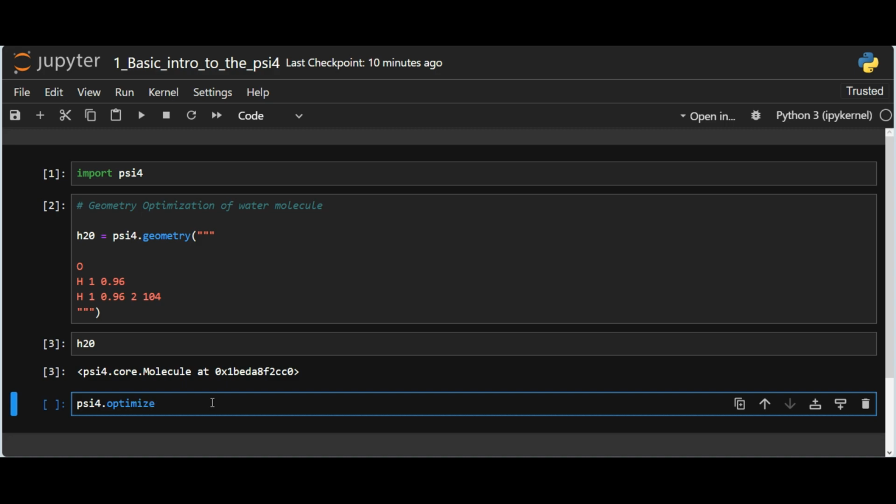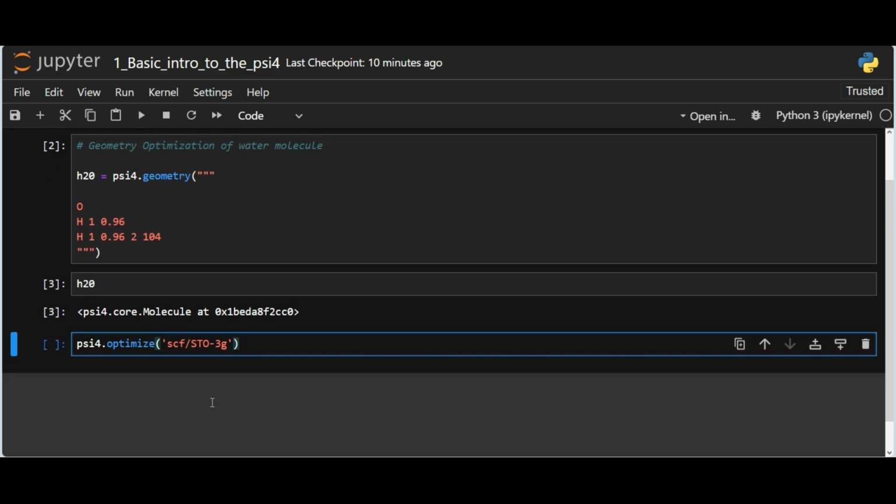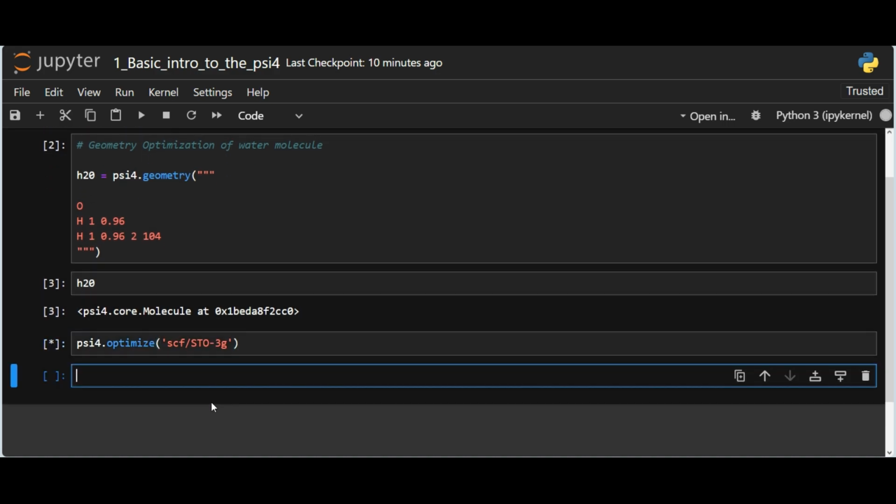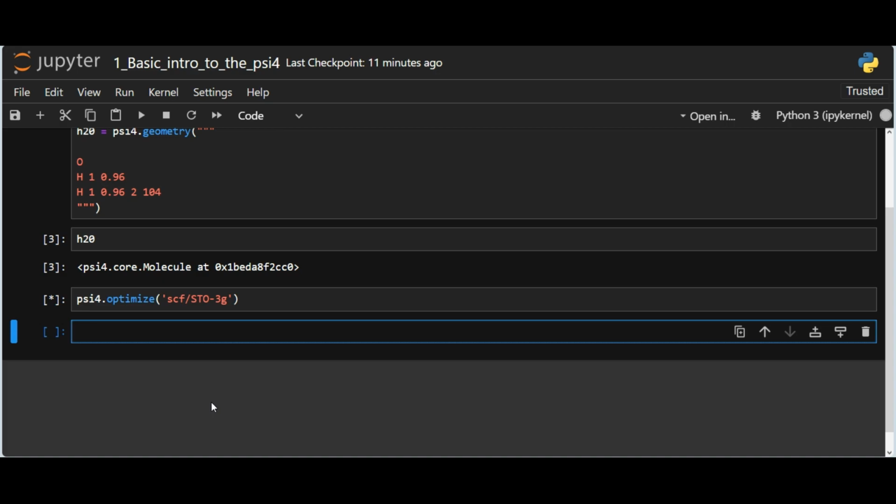Optimize, and we can pass the SCF, self-consistent field convergence, and we can also pass the basis set. I'm not going to use a higher basis set as my laptop is not that powerful, so I will use the smallest basis set, and I press shift enter, and it runs for a while,